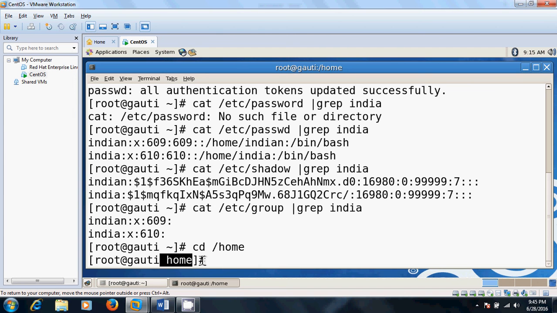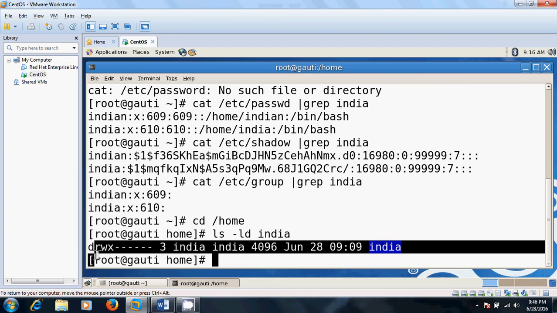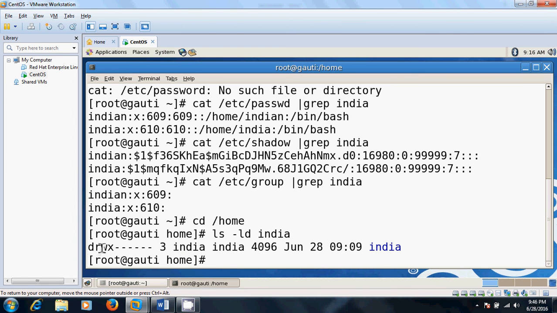Now listing what we made, ls -ld India. Here this is the file name, this is our username India, and this is the time when we made the user. This d is for directory, r for read, w for write, and x is for execute.